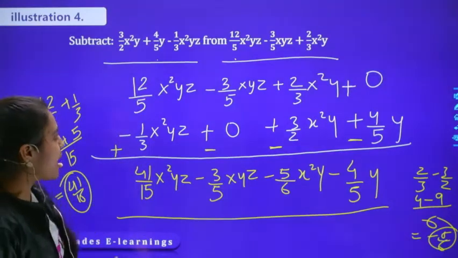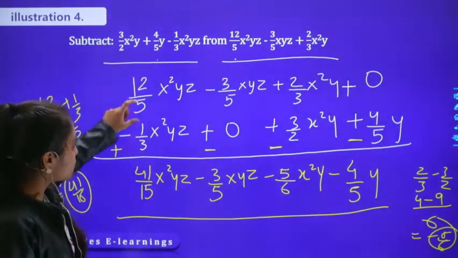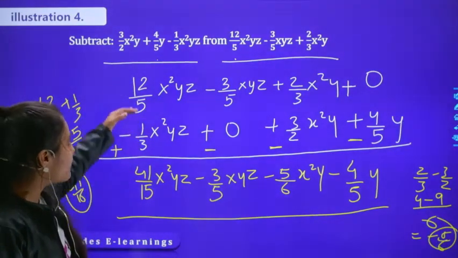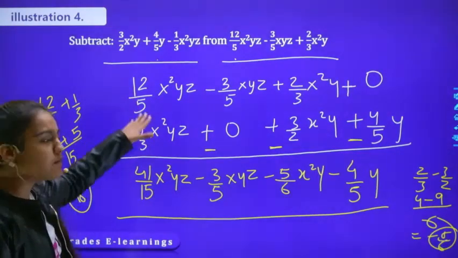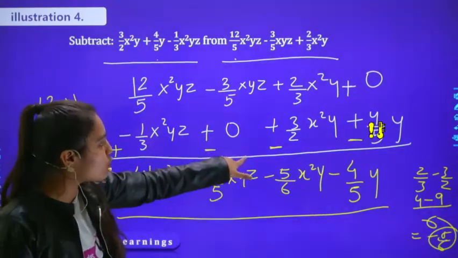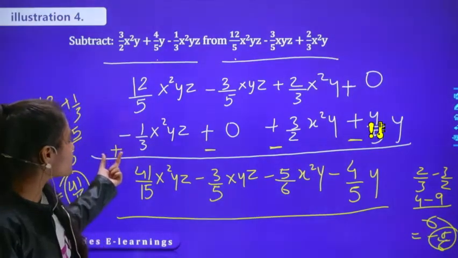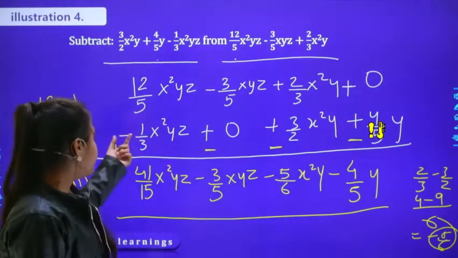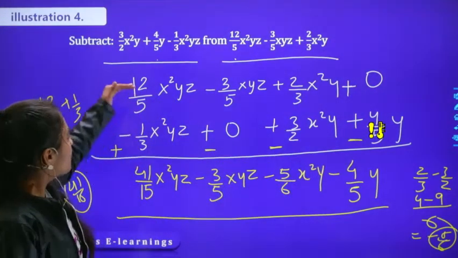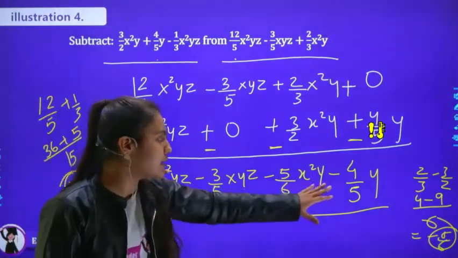We have to subtract this from this expression. Write this expression first, write this expression second, and arrange them such that the like terms come in one row. ये दोनों like terms है तो ये एक रो में आएंगी, ये दोनों like terms है तो ये भी एक रो में आएंगी. Then change the sign for the second row. If it is minus, do it plus. If it is plus, do it minus. Then perform the particular operation written here and then arrange them again in the like terms.